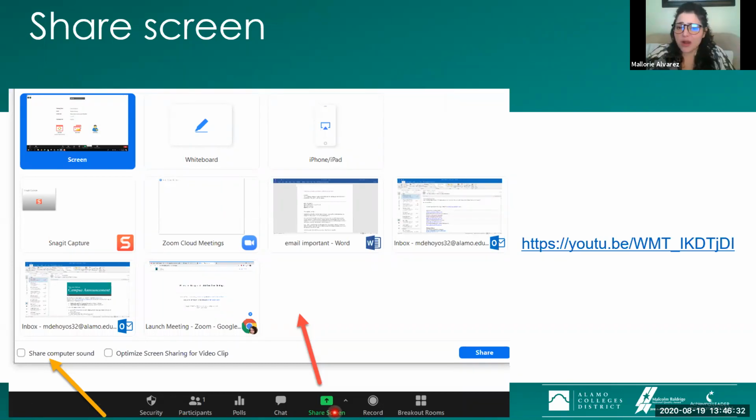If you don't have a PowerPoint pulled up, you have to go into your file and click it open, then you're not going to see that PowerPoint listed here. But if you already have your PowerPoint open and minimized, Zoom is going to register it and say, okay, I see that this person has 3 different PowerPoints open, so I'm going to show all 3 as an option for the host to click on.